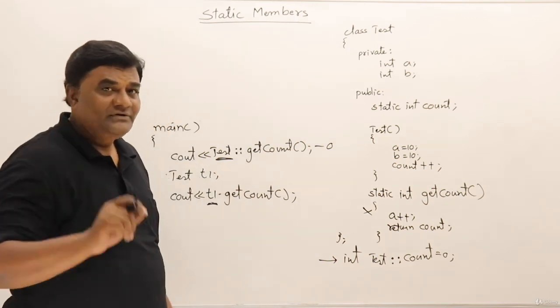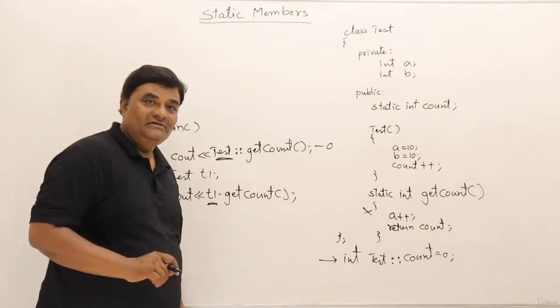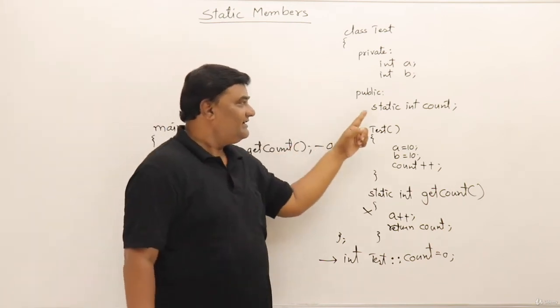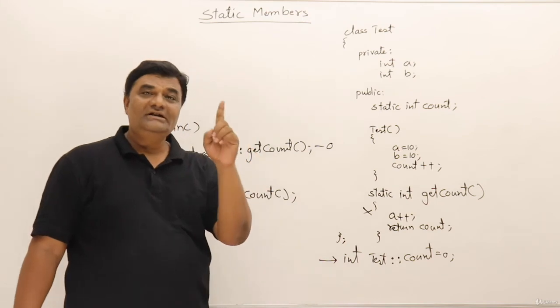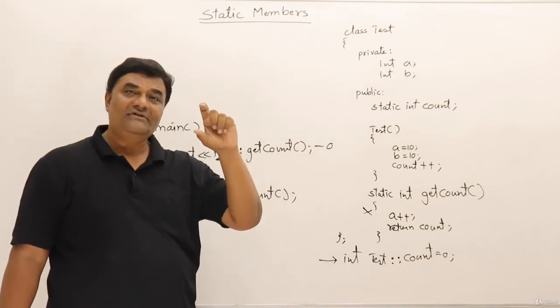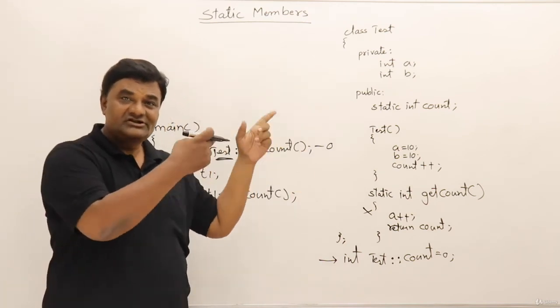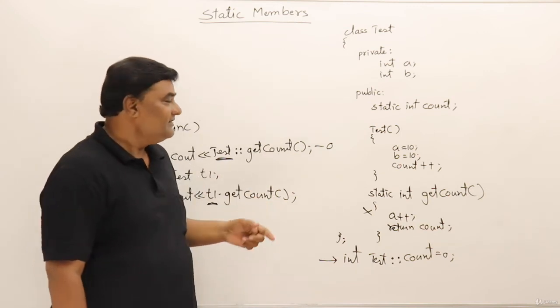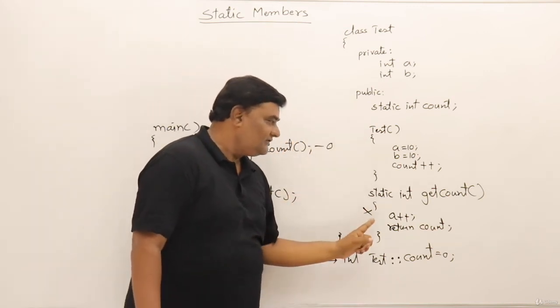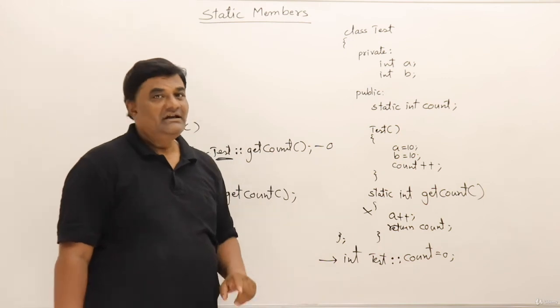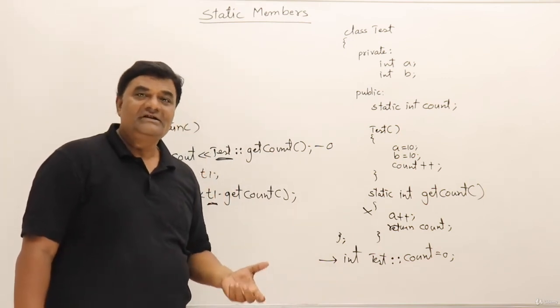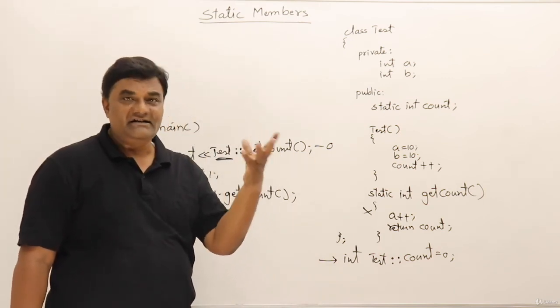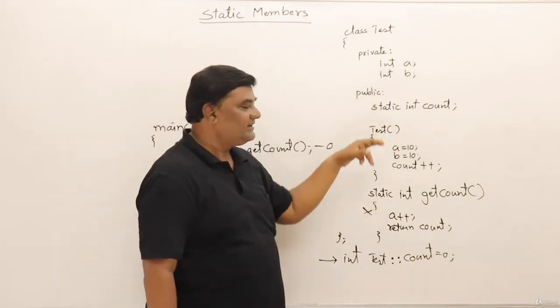But before that, let us quickly look at all the things that we learned. See, a class can have static data members also, and there will be only one instance, that is, memory allocated only one time. All the objects will share that data member. Then if you want to access those, you can also have static member functions. Static member functions can access only static data members. They cannot access non-static data members of a class.